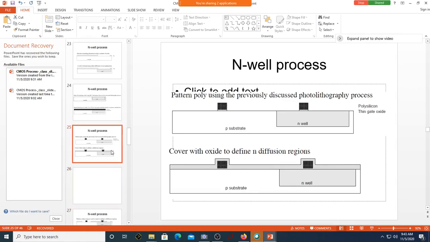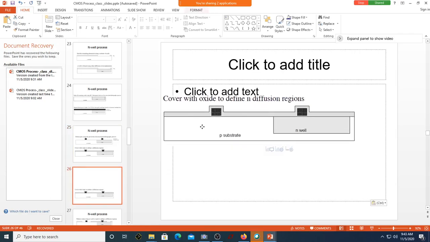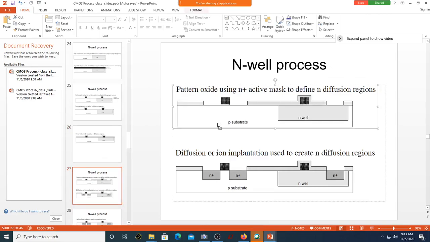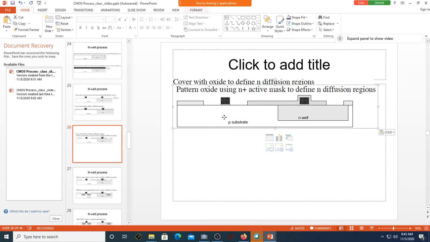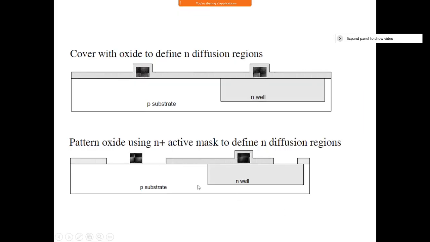Okay, let me just take this, Control C. Sorry, let me take only this. This is over here, and then from this, let me take this, Control C. Okay, so here from this to this, again,